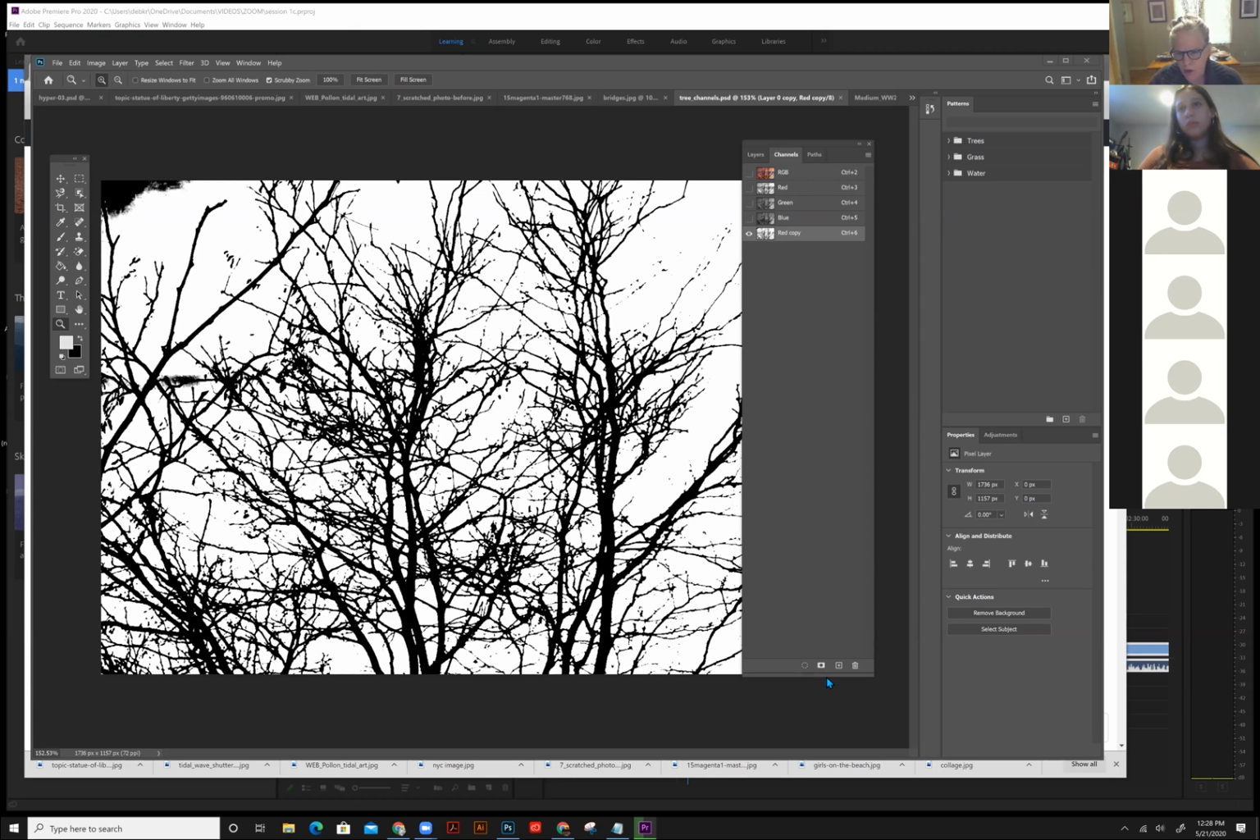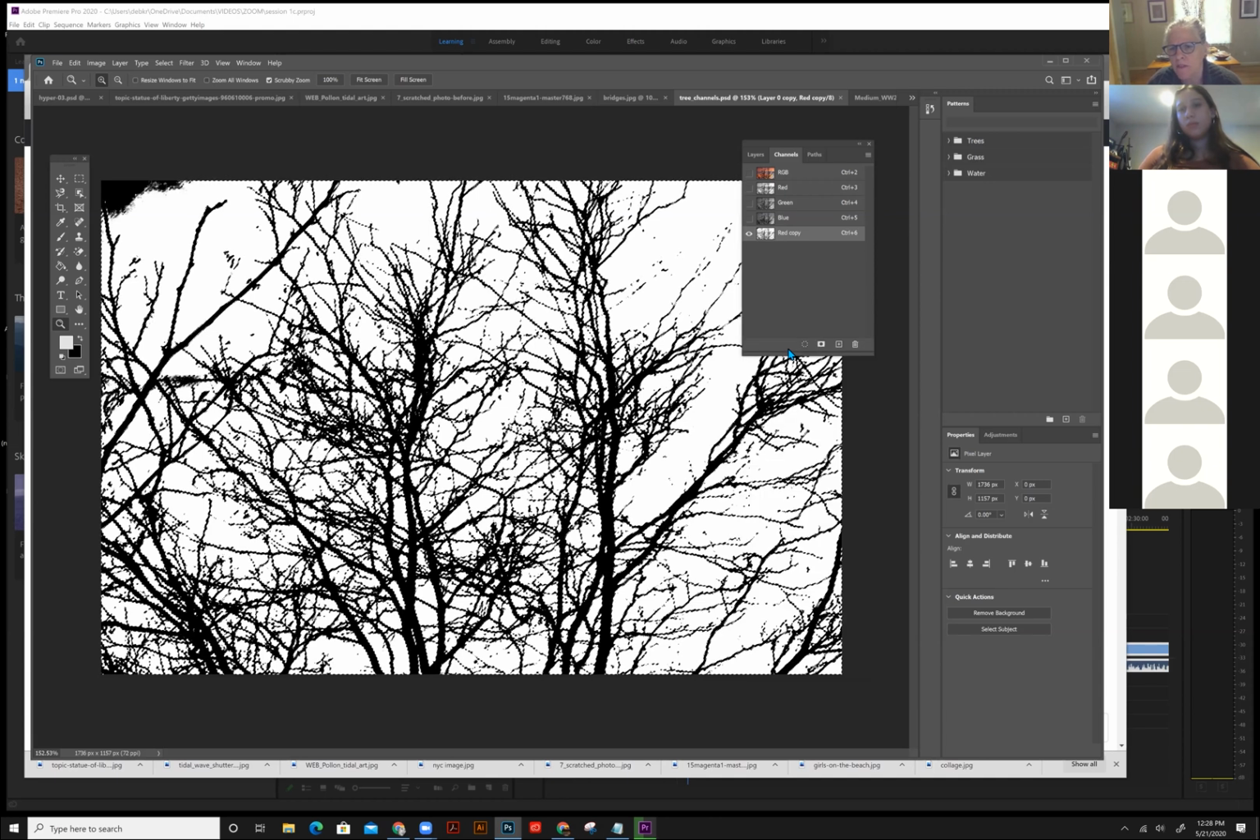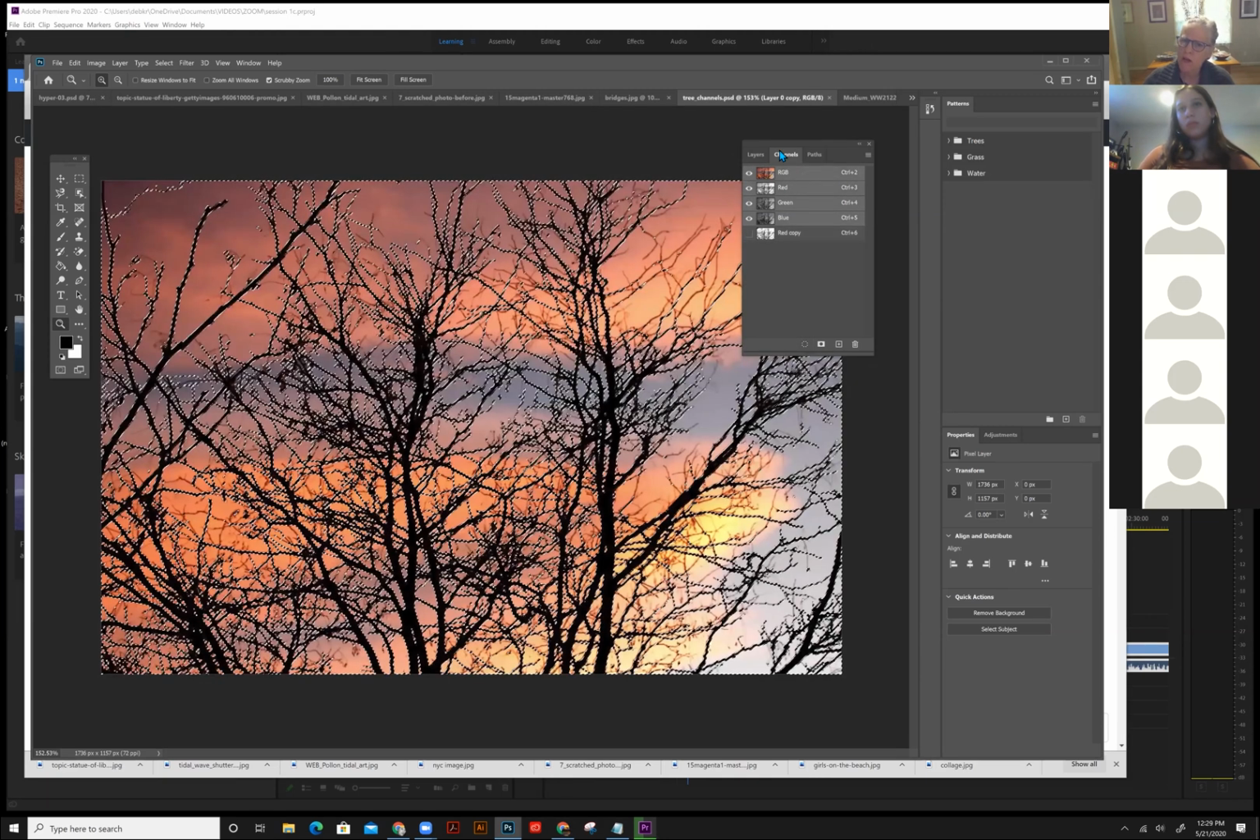So again, you turn on the marching ants. When you see this dotted line here, that's turning on the marching ants. And then the trick here is to rebuild the picture, go back to your layers,